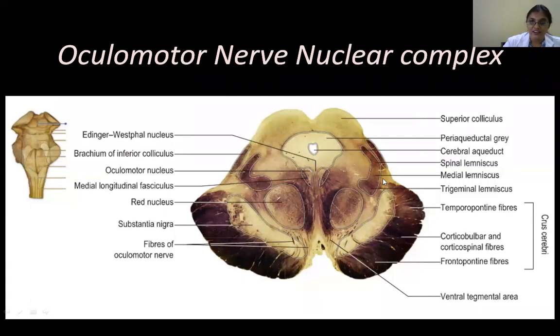So that's the action part. Okay, so here, this is the oculomotor nucleus. You can see it's related with all of them. The medial longitudinal fasciculus has to have a good friendship with it. Then the superior colliculus is also a very good neighbor of this oculomotor nerve complex. Clear? So this is about this complex.